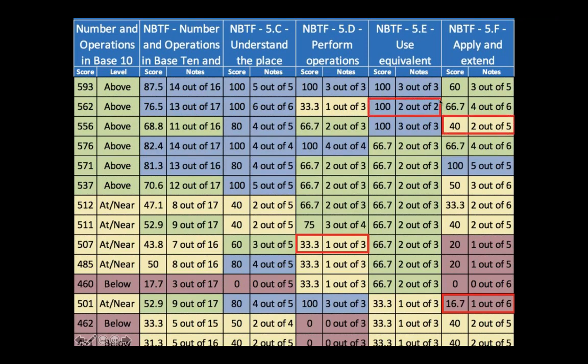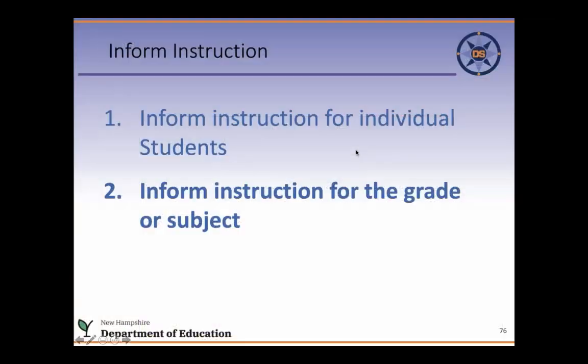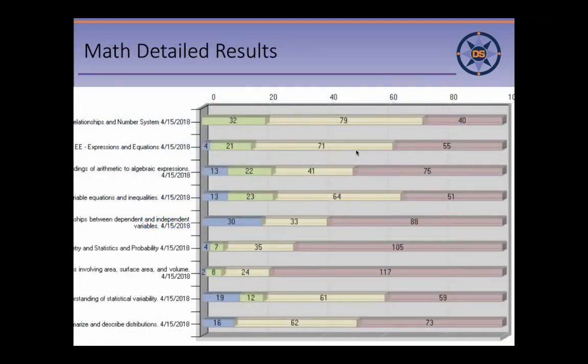but we don't really know if this student was actually stronger. Another example is these 2 students. This student got 2 out of 2 for 100%. This one got 2 out of 5 for 40%. So this is a level 4 and a level 2. If you group students by the way this is reported, calculated and collected, you're just not going to get a true picture of your individual students' needs. So this is not the data to use for individual students, but it is the data to use to inform instruction for grade levels or subjects. And this is one of the reports that can help you with that.